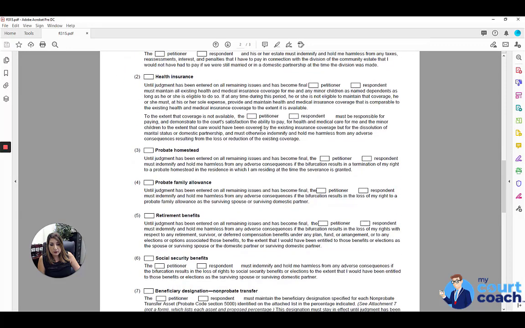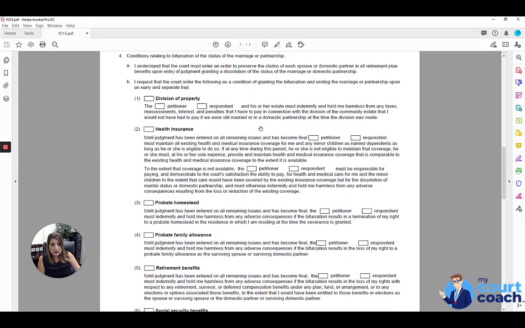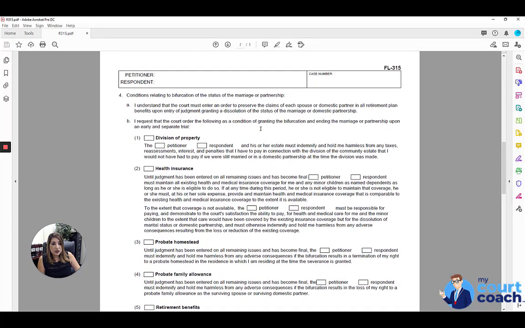Boxes 1 through 7 are all typically marked in favor of the requesting party. So we'll just go through those one by one. The division of property. You would want to mark the box that correctly identifies the role of the requesting party, whether they are petitioner or respondent. That party needs to indemnify and hold the other party from any taxes, reassessments, interest, and penalties that they would have to pay in connection with the division of community state that they would otherwise avoid but for this bifurcation